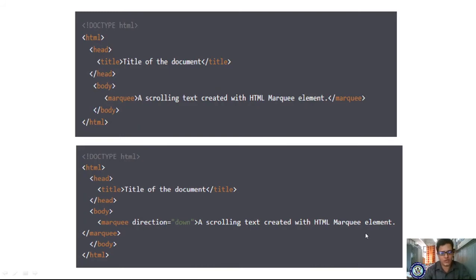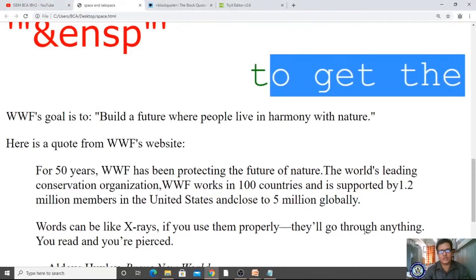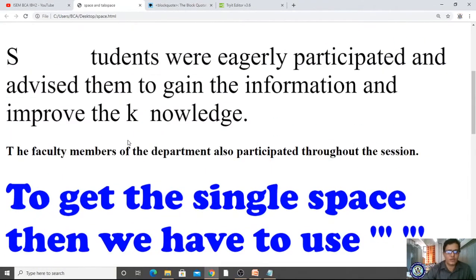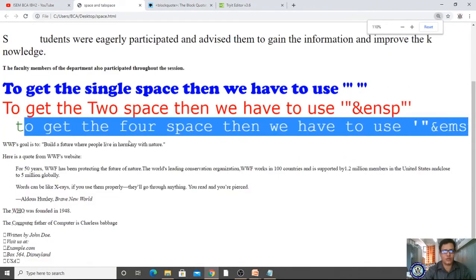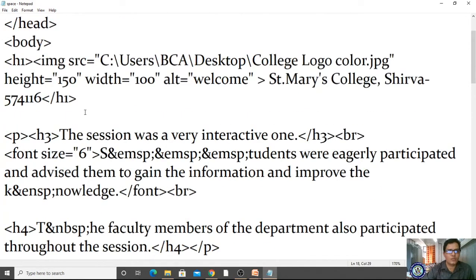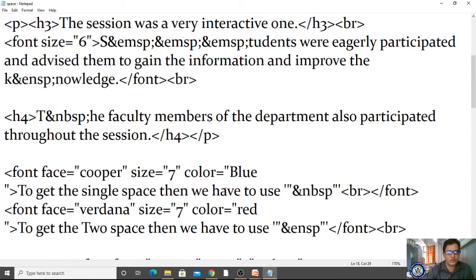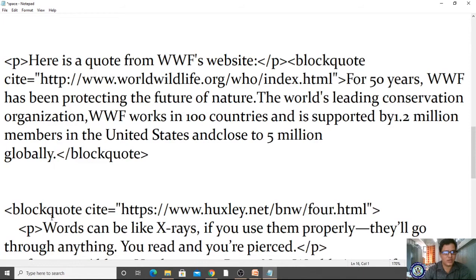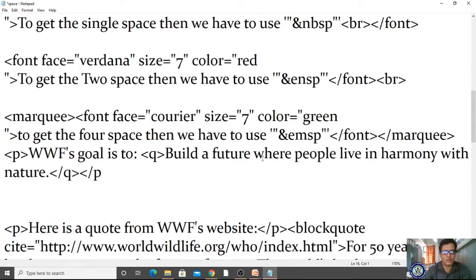So it is the direction attribute. Let me make it small so it is visible. Now I want to make this text. This is the first font, right? This is the second font, right? And where is the third font? Here the font marquee we have closed.